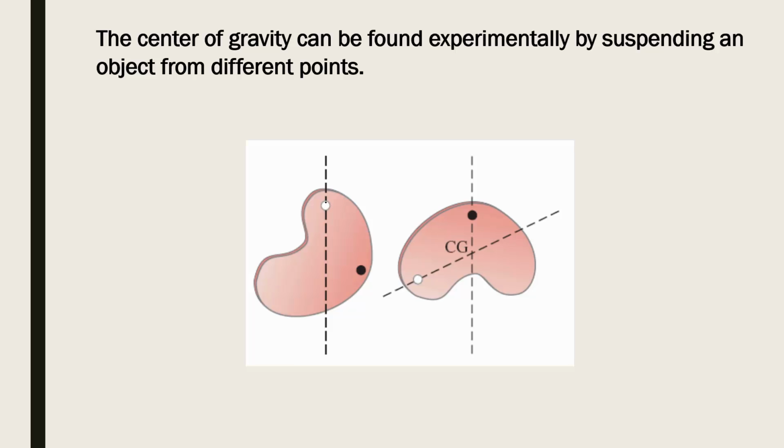So if you suspend it from this point here, you can treat gravity as acting on the center of mass, and so that point where gravity is pulling is going to line up with this point. So the center of mass has to be somewhere along this line. And then if you hang it by the black point here, the center of mass has to be somewhere along that line where it reaches an equilibrium. So then the center of gravity, or center of mass, is just going to be at the intersection of those two lines. So a lot of times it's just easier to experimentally determine the center of mass of an odd-shaped